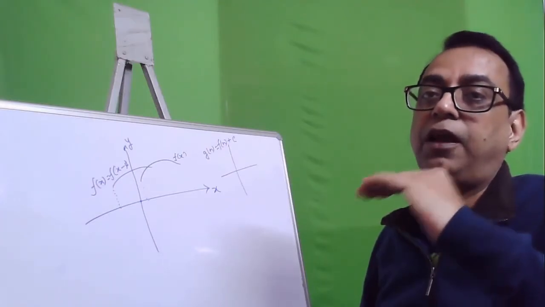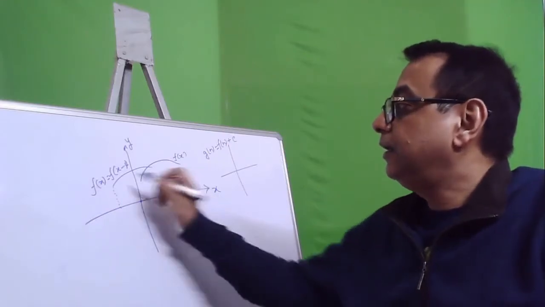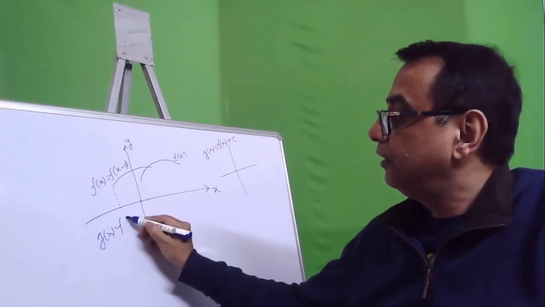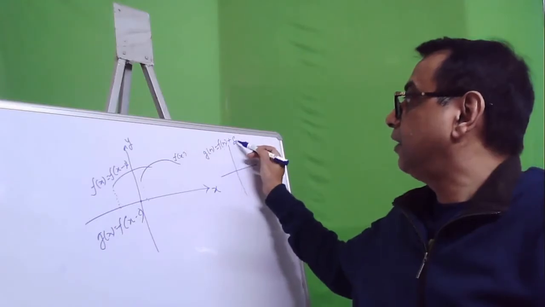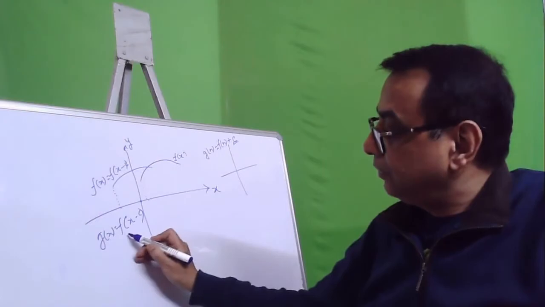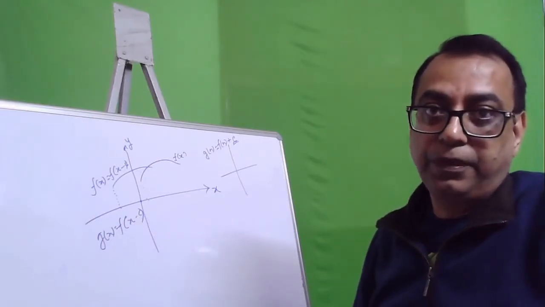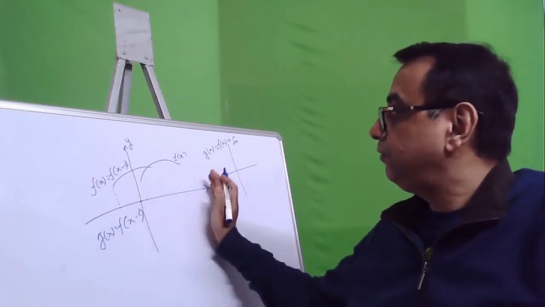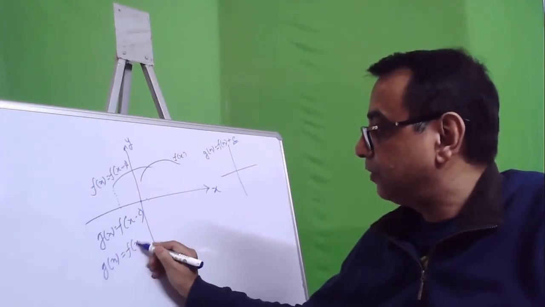If you shift f(x) by c units upwards, you will get g. Here it is g(x) equals f(x minus c). So see the difference. Here you are adding the units after the function. Here, within the function, x is being replaced by x minus c. So this is the difference. This is the horizontal shift. And if you shift rightwards, the new function g(x) will be f(x plus c).